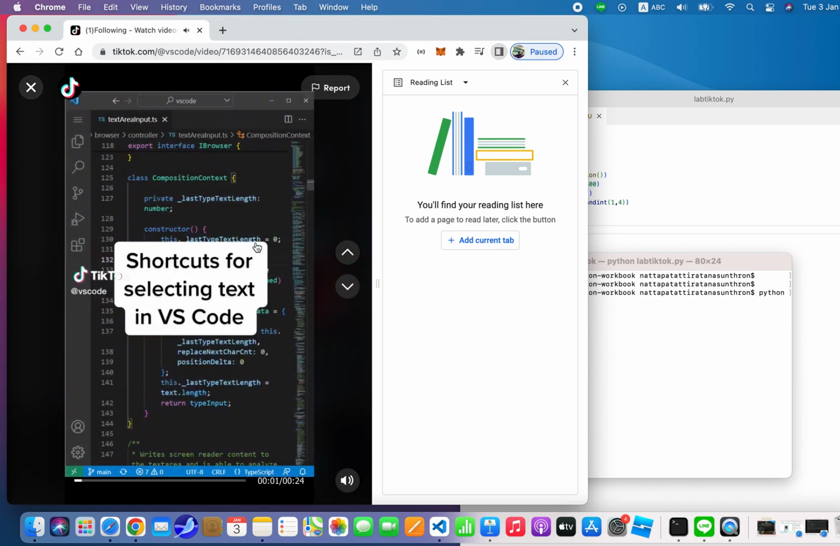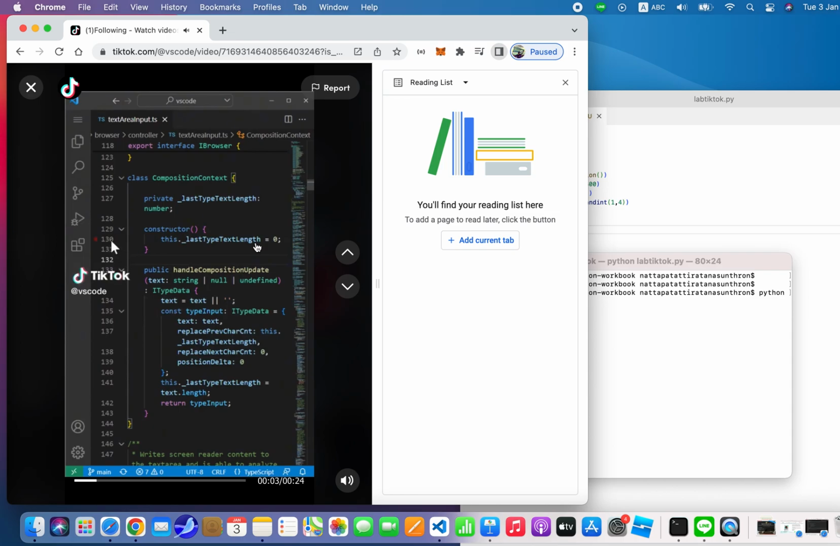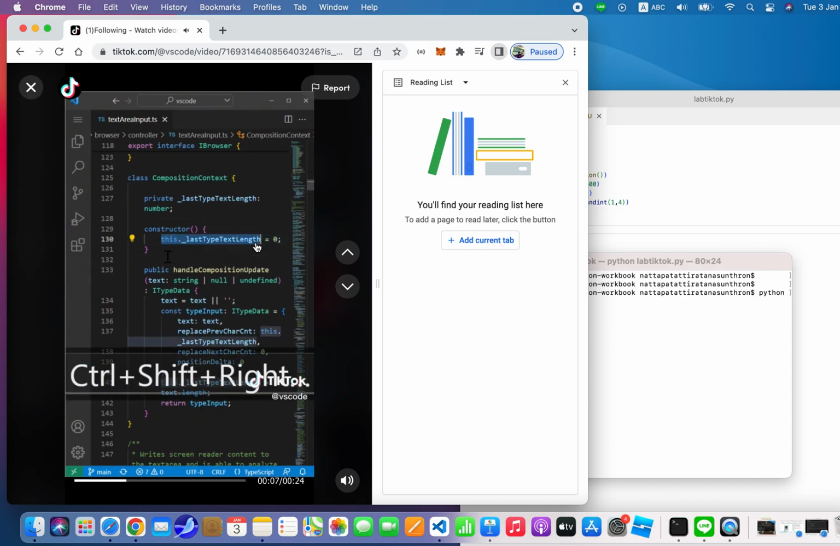Here's some tips for selecting text in VS Code. You can quickly select the entire line just by clicking the line number. Use Ctrl-Shift-Right to select word by word on a line. Use Ctrl-D to